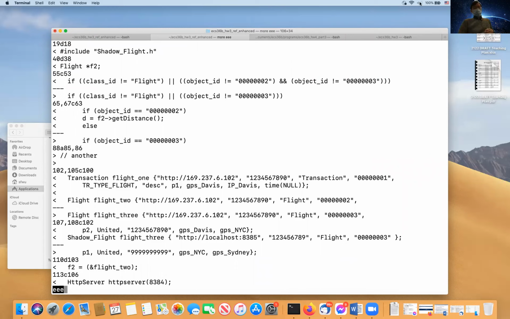Number one, of course, I add fly.h. Sorry, I actually don't need to do that. The arrow going this way means that's the server. The arrow going this way is the another.